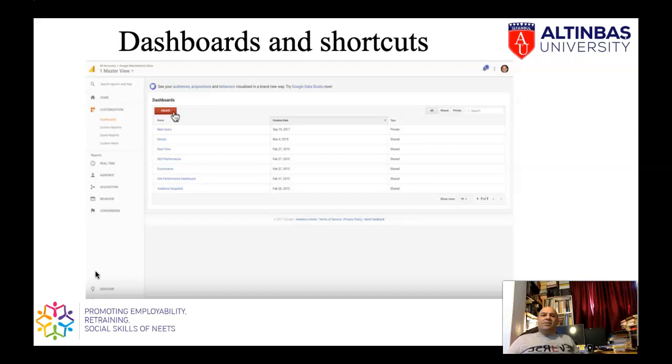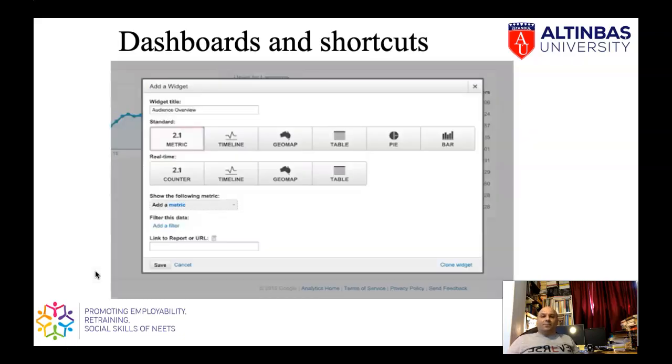Click Customization, then Dashboards in the left-hand navigation to view the reports that you have already collected. To create a new dashboard, click the Create button, select a blank or starter dashboard, and give your dashboard a name. You can also add widgets to your dashboard by clicking Add Widgets. This button will let you name the widget that you want to appear on the dashboard and select a visualization